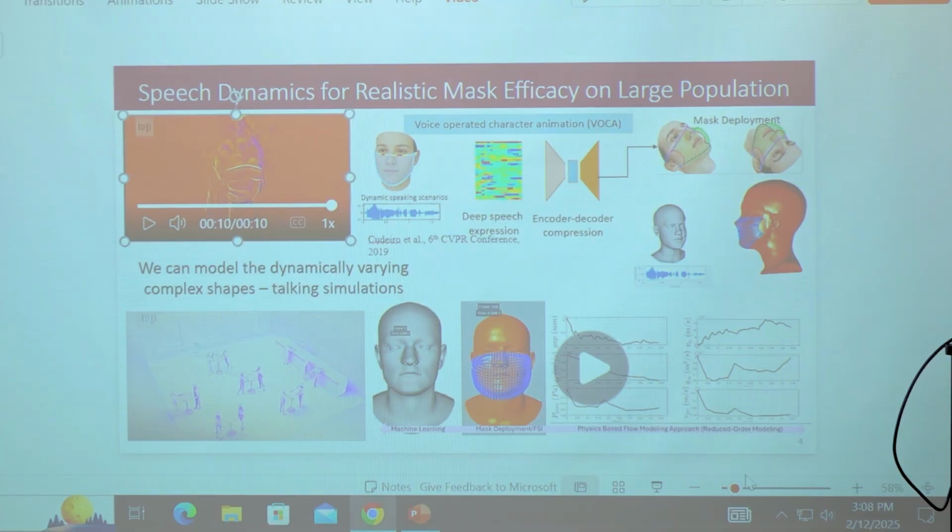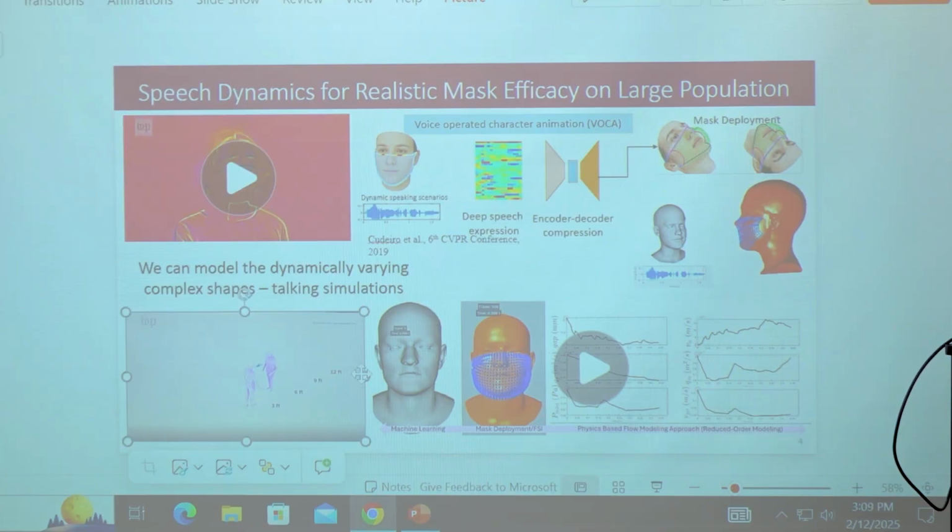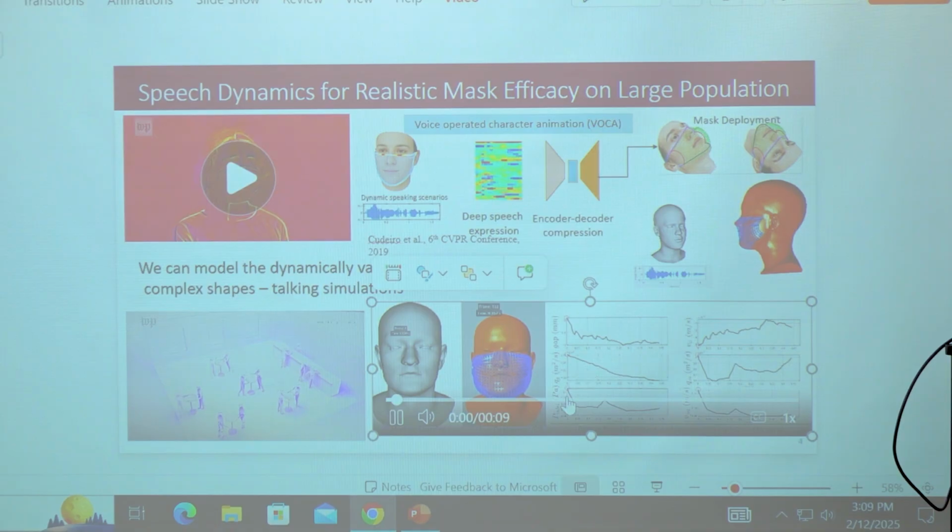So things become more complicated when we start to talk, and the reason is as soon as we start to say hello world, our lip profile varies over time. And now, thanks to the deep learning algorithm that we could leverage, we can basically give a static face and any speech signal, for example, hello everyone, and our model can generate a dynamically talking face, as you see in this animated movie. And then we deploy the mask,